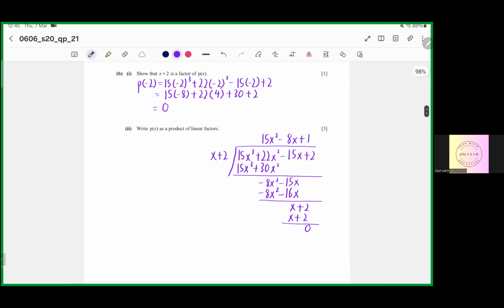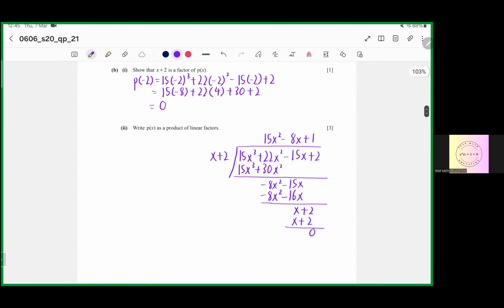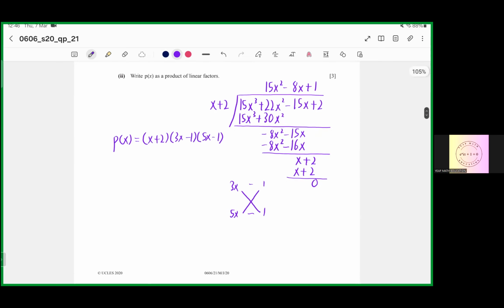And then we get this quadratic factor, right? Now we just factorize it. 3x, 5x, 1, 1, negative, negative. So we get p(x) equals x plus 2, 3x minus 1, 5x minus 1. So this is the product of the linear factors. Now we look at